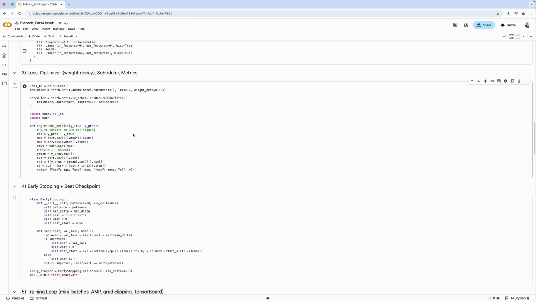To update the weights, we'll use AdamW with a learning rate of 1e-2, that's 0.01, and a weight decay of 1e-3, that's 0.001. AdamW is Adam with decoupled weight decay. Think of it as a gentle regularizer that helps the model generalize. This learning rate is intentionally a little brisk because our features are standardized and we're using batch normalization. If training looks jittery, just dial it down to 3e-3,